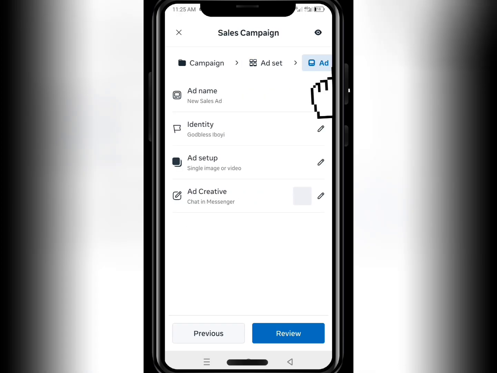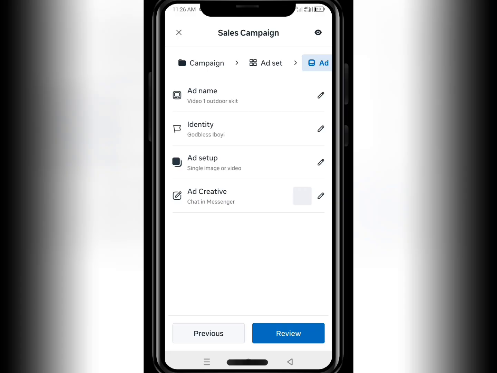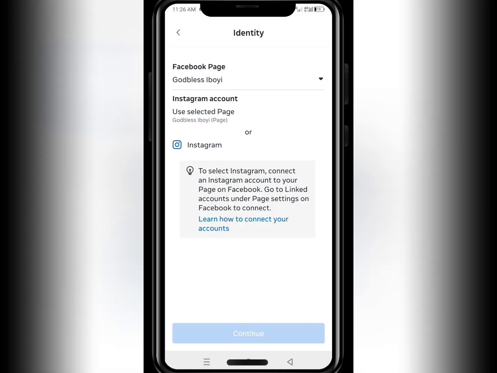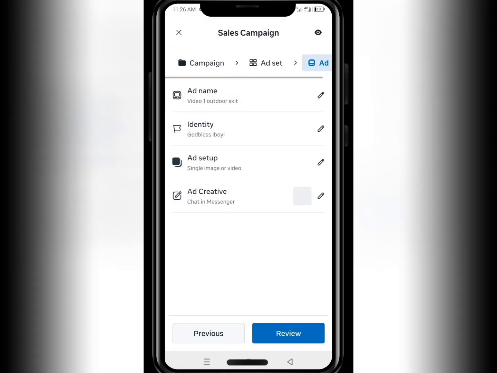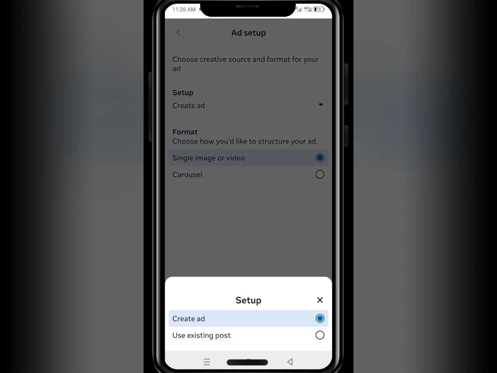This is where you now input the ad, like what people actually see on Facebook and Instagram. This is where you do it, all right? Now the ad name, you can name it whatever you want. Let's say video one outdoor skit. Let's say you did this one outdoor just to identify the particular ad, right? People are not going to see that though. Now the identity, which Facebook page you want the ad to be run with, this way you select page, right? Now ad setup, click on ad setup, click on create ad,